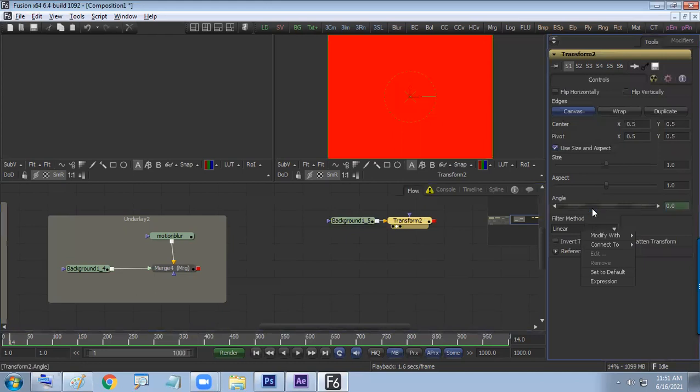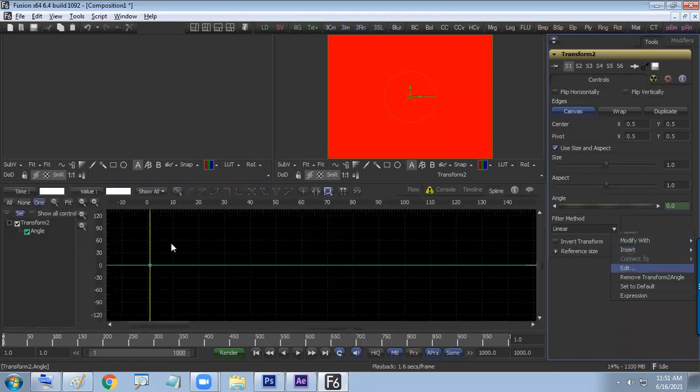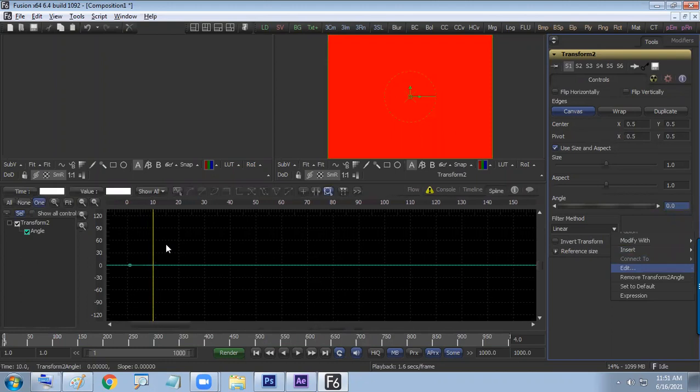Get angle, right click, animation. Which frame? We are at frame 14. So set it, remove this transform angle key. Get it default now. Set the key, animation. Go to the editor, edit button. 1 2 3 4. Okay.